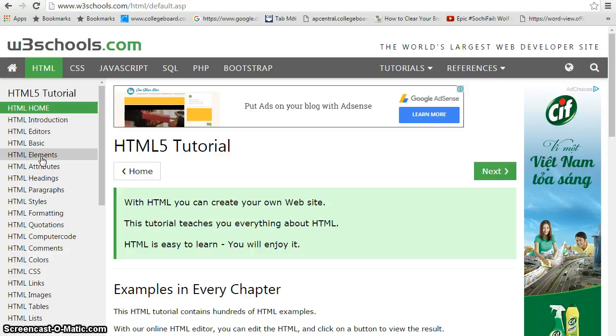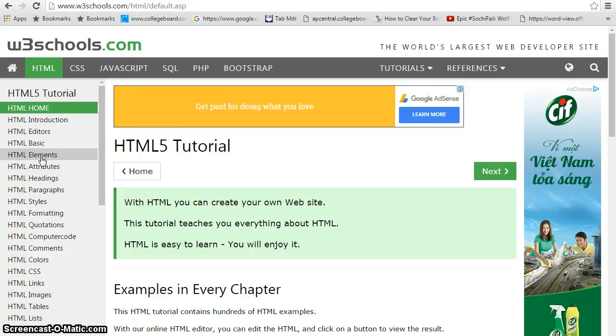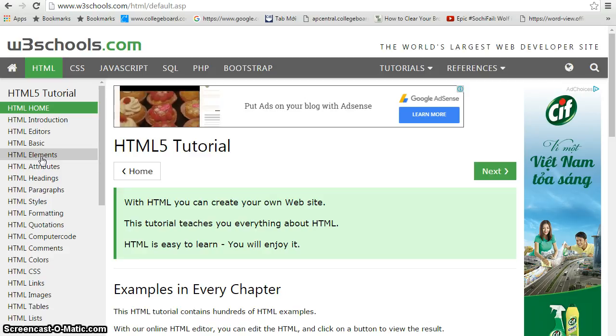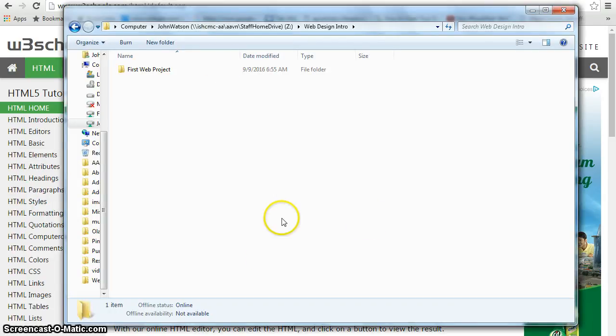I'm also going to show you how to effectively set up an environment on your computer where you can start to develop web projects. So in my file manager on my computer, I've created a project folder. Okay, just called it First Web Project. Call yours what you want. And if I go into it,